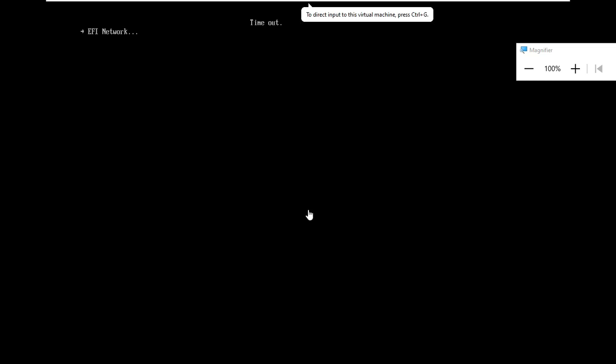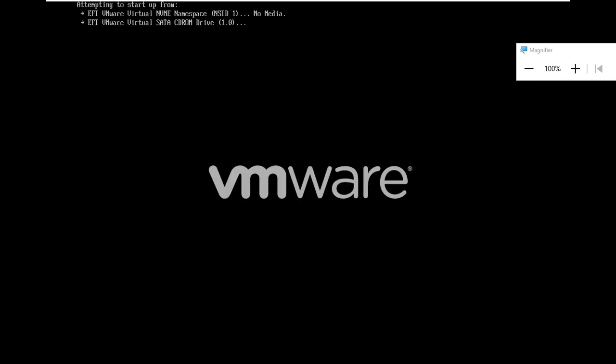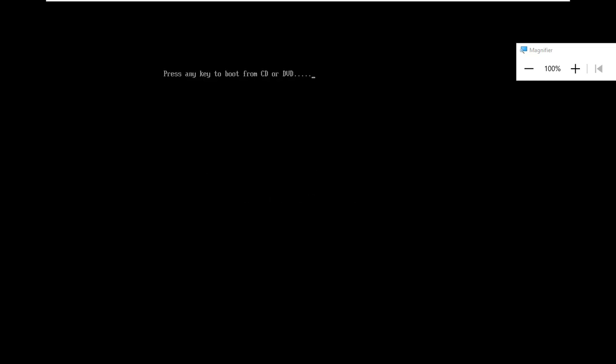If your insert is in function mode, then alt control function insert. Okay, you see there, press any key to boot from CD or DVD. It is displayed and immediately it is gone.